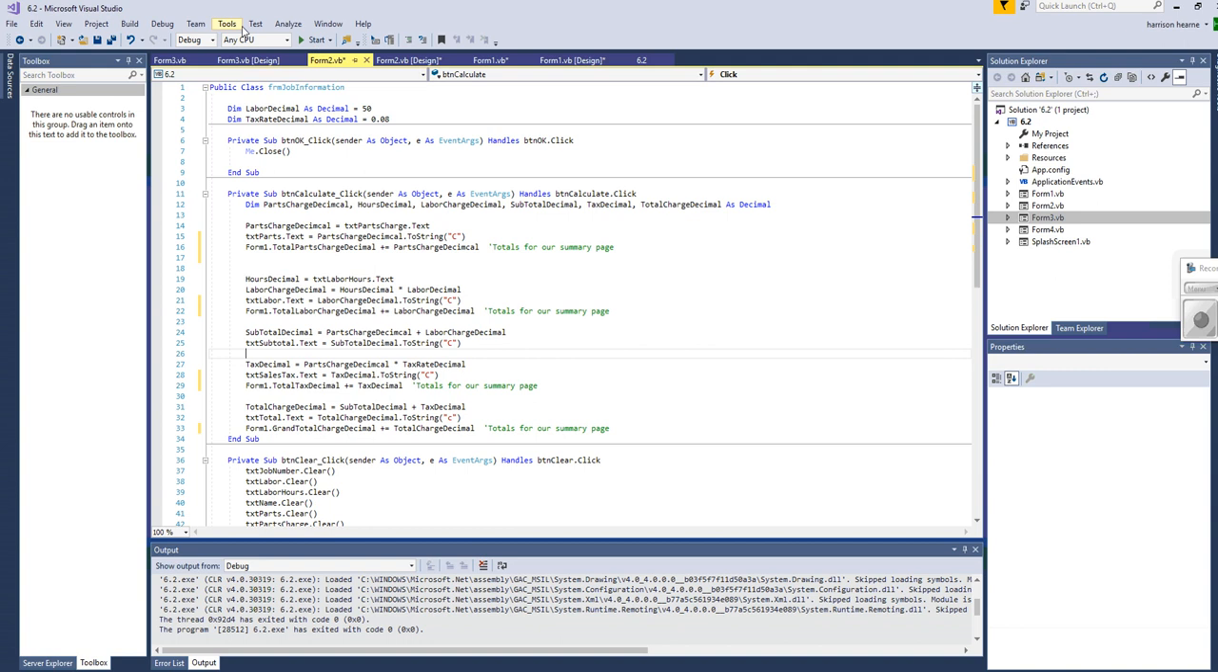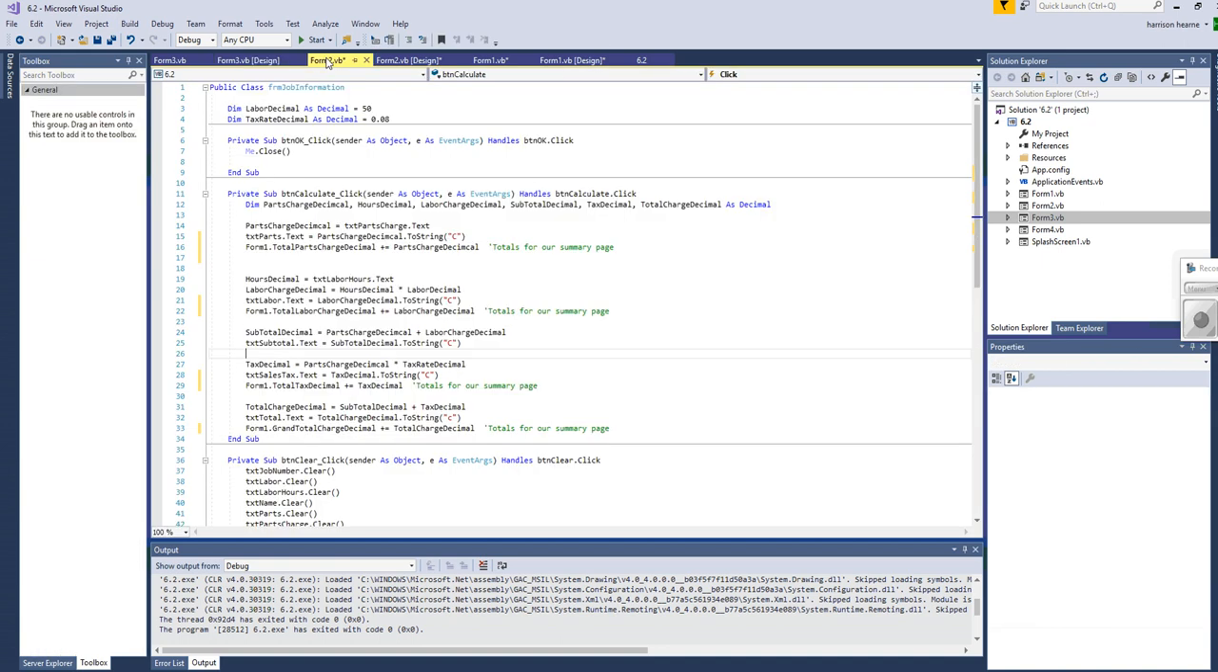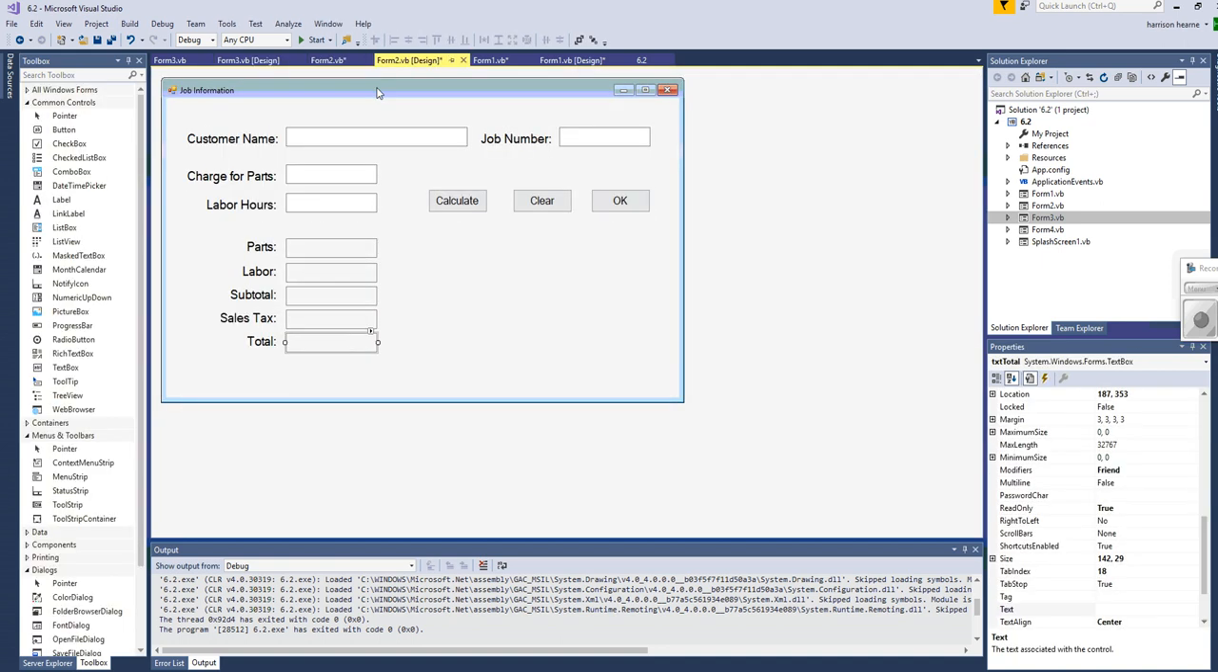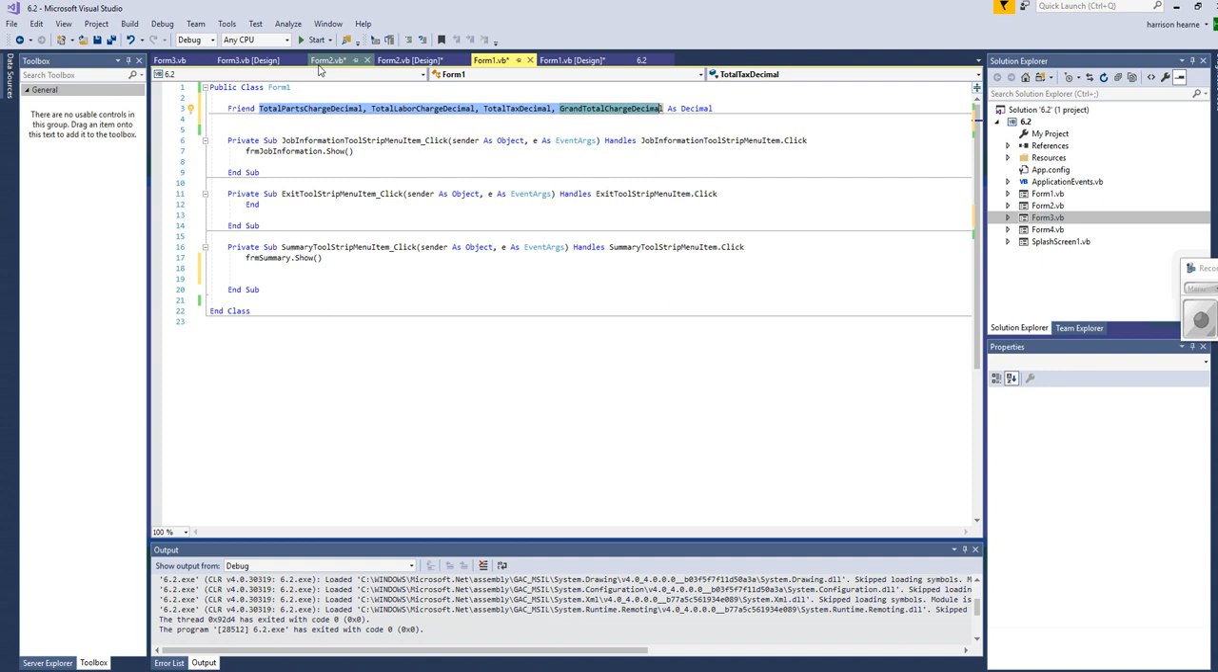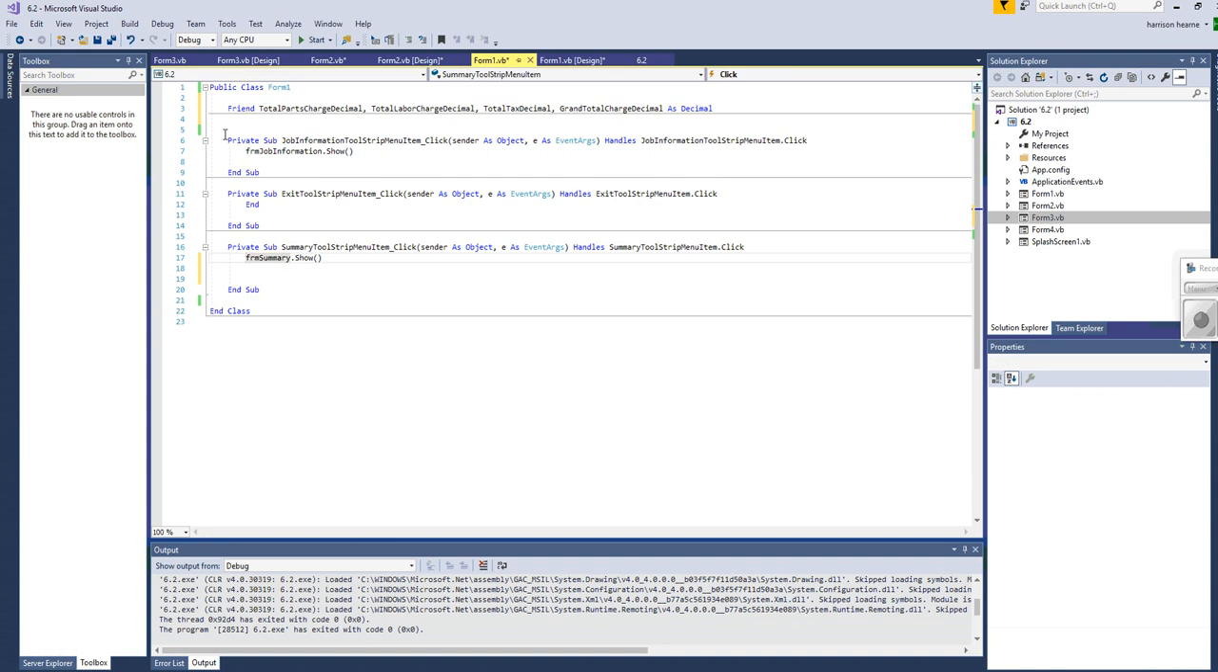Okay, now our form 3, these values need to be populated with the values that are totals, our friend variables that we've just been totaling things up on. Those values, let's go to form 2 design, or form 1, excuse me. In form 1, we access our summary page right here. And right now, all we're doing is form summary showing it. But I'm going to now go